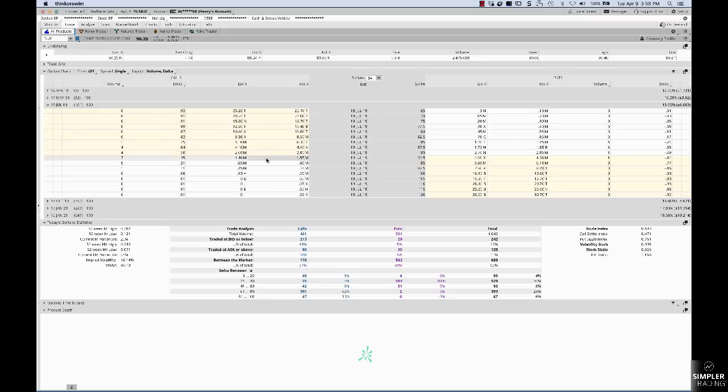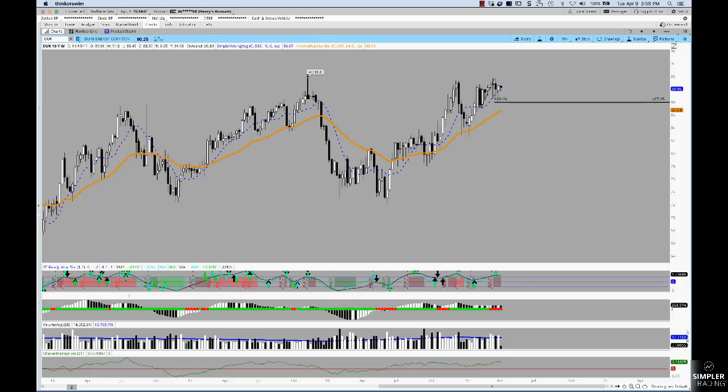If you could pick up those 92 half calls for anywhere around $1.20, now I don't know if they'll trade quite that cheap. I'd like to try to get them as close to $1 as humanly possible, but I don't think they'll trade quite that low. But it's just the idea that if you can pick those up for a reasonable price, be willing to hold through earnings, acknowledging the complete risk of the spread, but then if you can make that new lifetime high on the back of these signals,